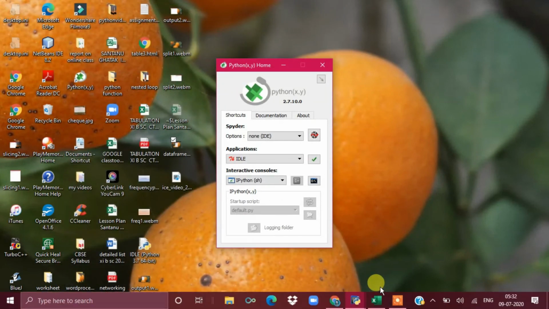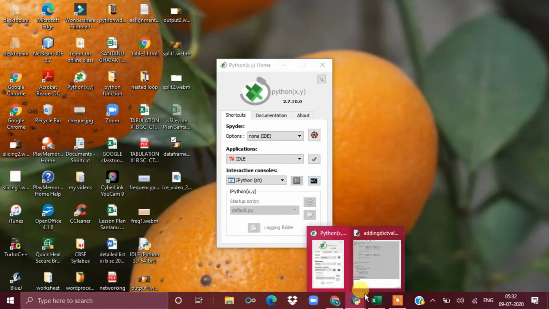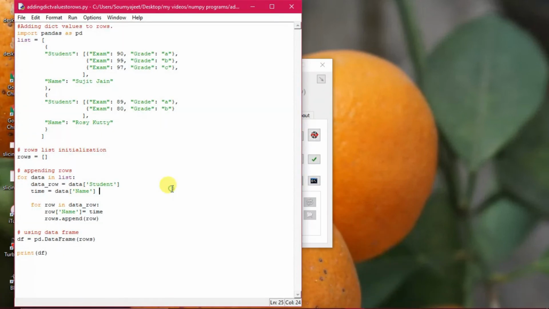Now you see how these things are appearing. This particular program has been further improvised, and you see how this has been taken. Here the for loop has been given, and one by one the data has been taken out, extracted and put into a row. So the variable for row in data, for data in list, you are creating student and name out here.